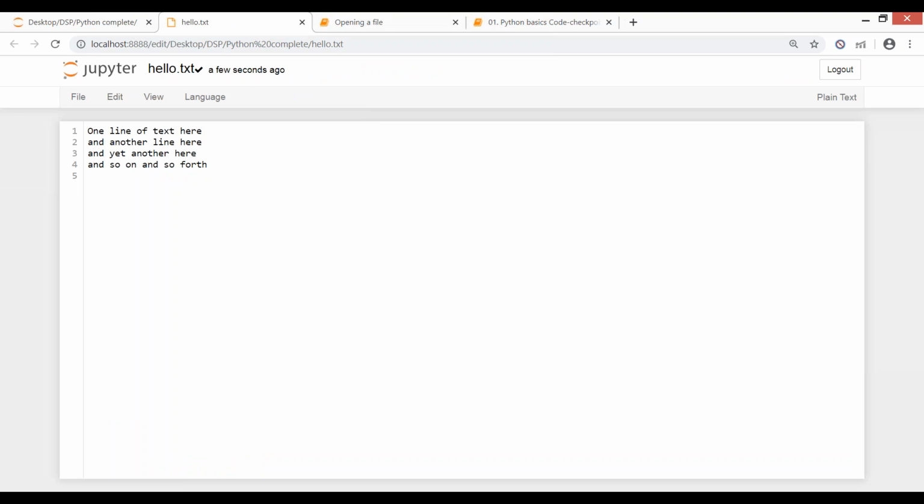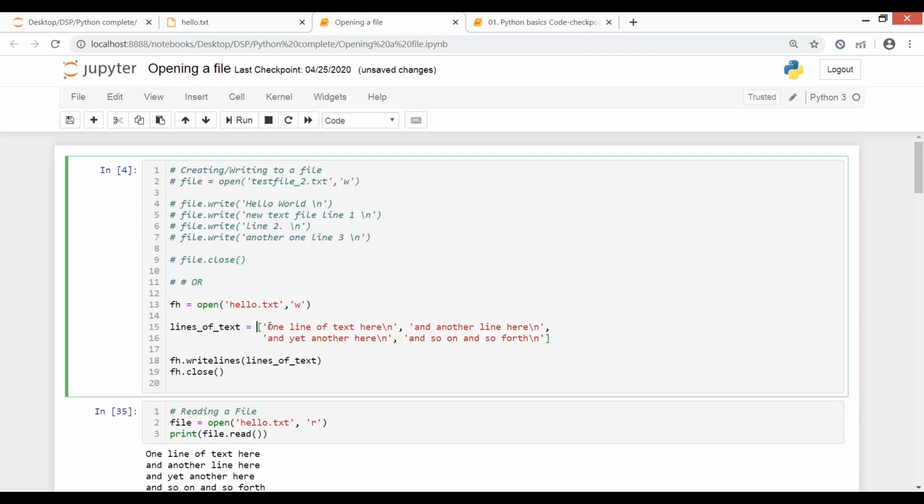So you see, it's done now. I'm able to open it, and I'm able to write to this new file. Okay, so another way: you can write one line at a time, or you can give multiple lines all together by creating a list of values, and then write them using dot writelines. So two ways to do a thing. Is it clear? Like how do we write multiple lines all together?